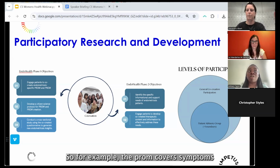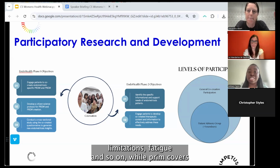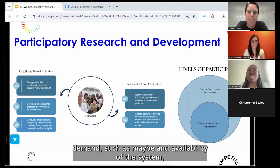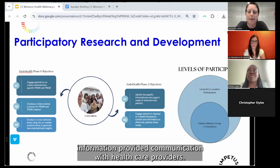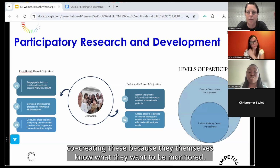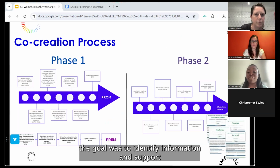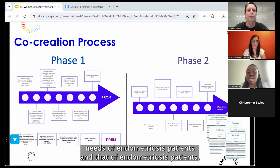For example, the PROM covers symptoms such as pain, functionality limitations, fatigue, and so on, while the PREM covers domains such as navigability of the system, information provided, and communication with healthcare providers. It's very important that patients are at the forefront of co-creating these because they themselves know what they want to be monitored. Then in Endo Health phase 2, the goal was to identify information and support needs of endometriosis patients,